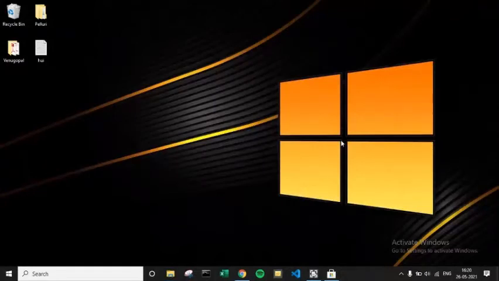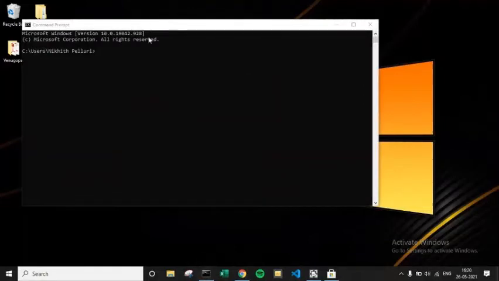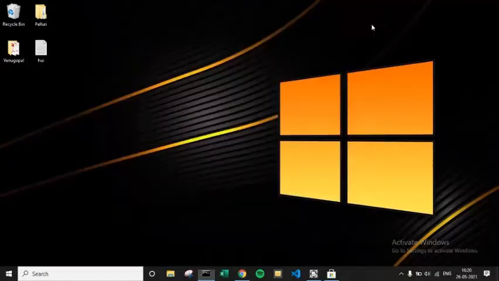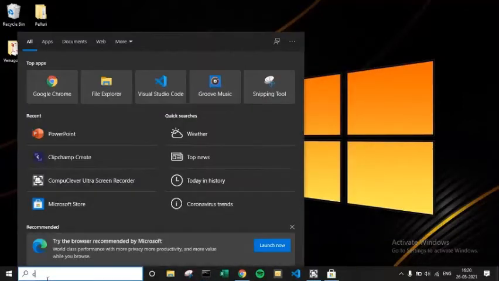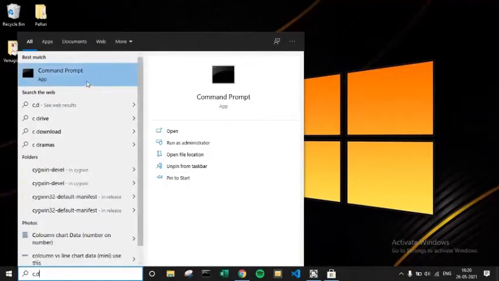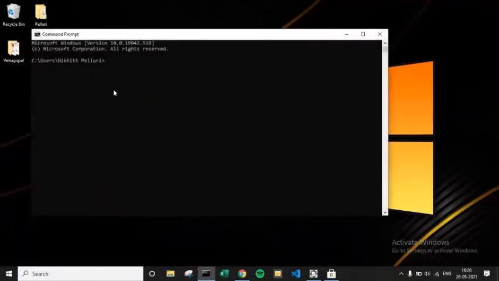Now to check whether the Cygwin compiler is installed properly or not, you have to do one thing. Bring up your DOS prompt, and let me show it here. Go and type cmd, and this will bring up your DOS prompt, and here type cygcheck -c cygwin. See, this states status okay, version, package Cygwin.